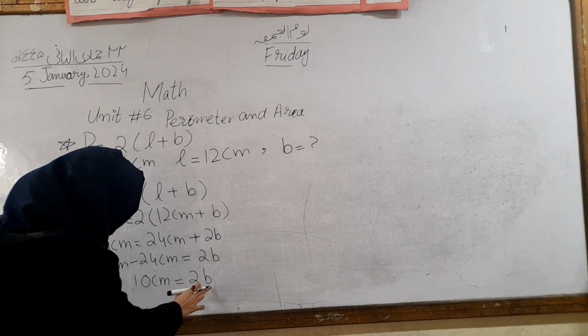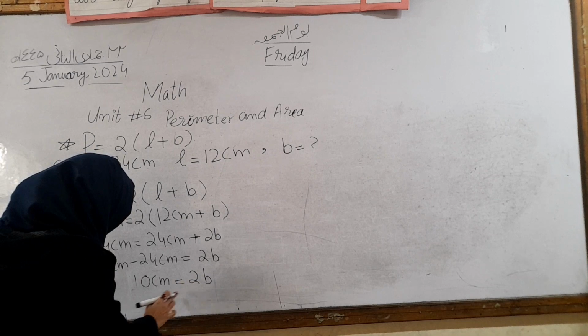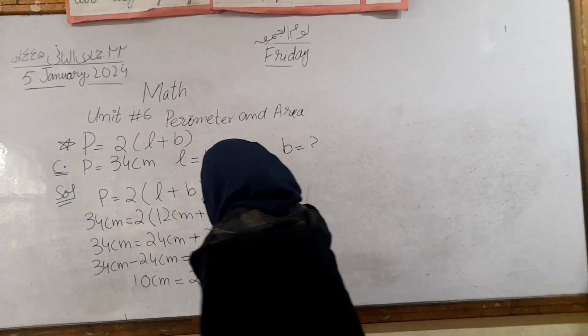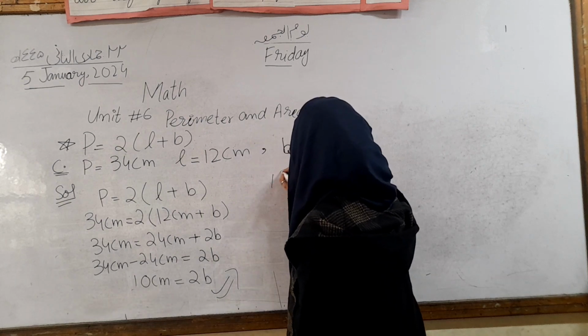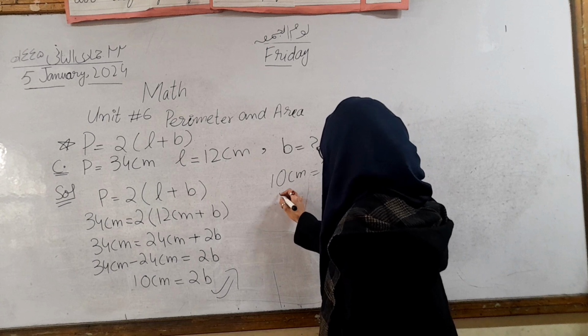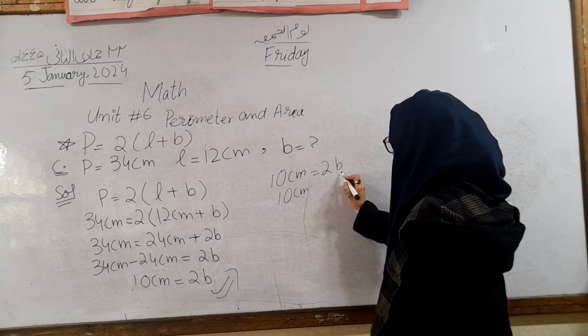You have to find the value of breadth. For that purpose, you will divide 10 by 2. 10 centimeter is equal to 2b. When 2 is multiplied with b,